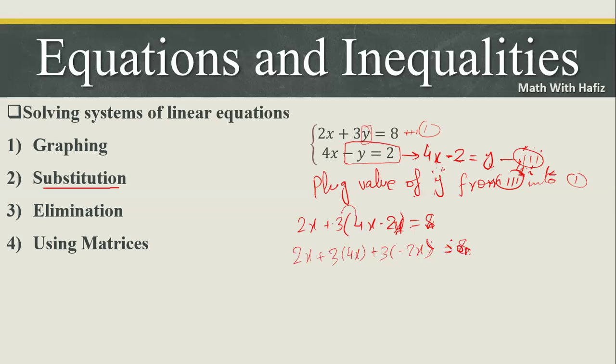I do not know what's going on, why it is doing this. All right, so you will have 2x plus 12x minus 6x will be equal to 8. All right, so we have 2 plus 12, 14 minus 6 is,